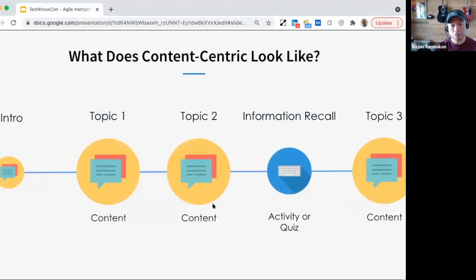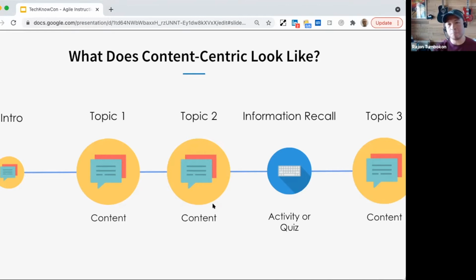Right? So here's a visual. This is probably what most people are familiar with. This is what content-centric looks like. This could apply to either in-person classroom training or self-paced online training, where it starts off with an introduction. Maybe they give you the learning objectives.